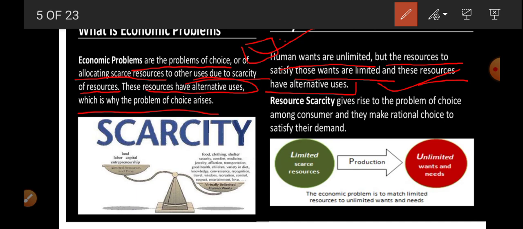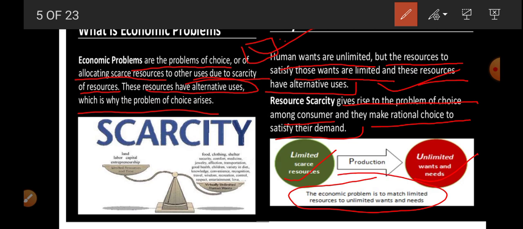Okay, now resource scarcity gives rise to the problem of choice among consumers. They make rational choices to satisfy their wants. So look, resources are limited, wants are unlimited, result is economic problem. We have to make the selection. Okay class, now